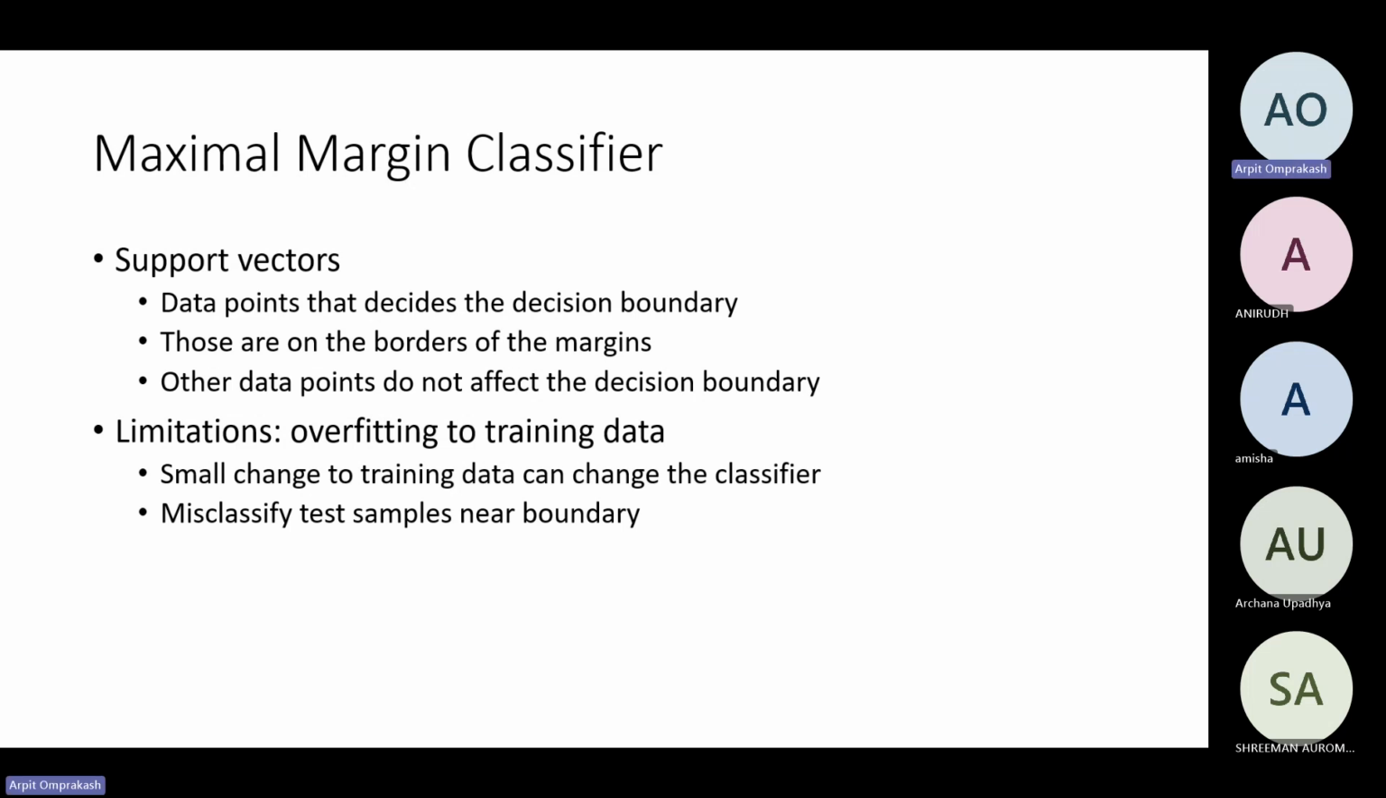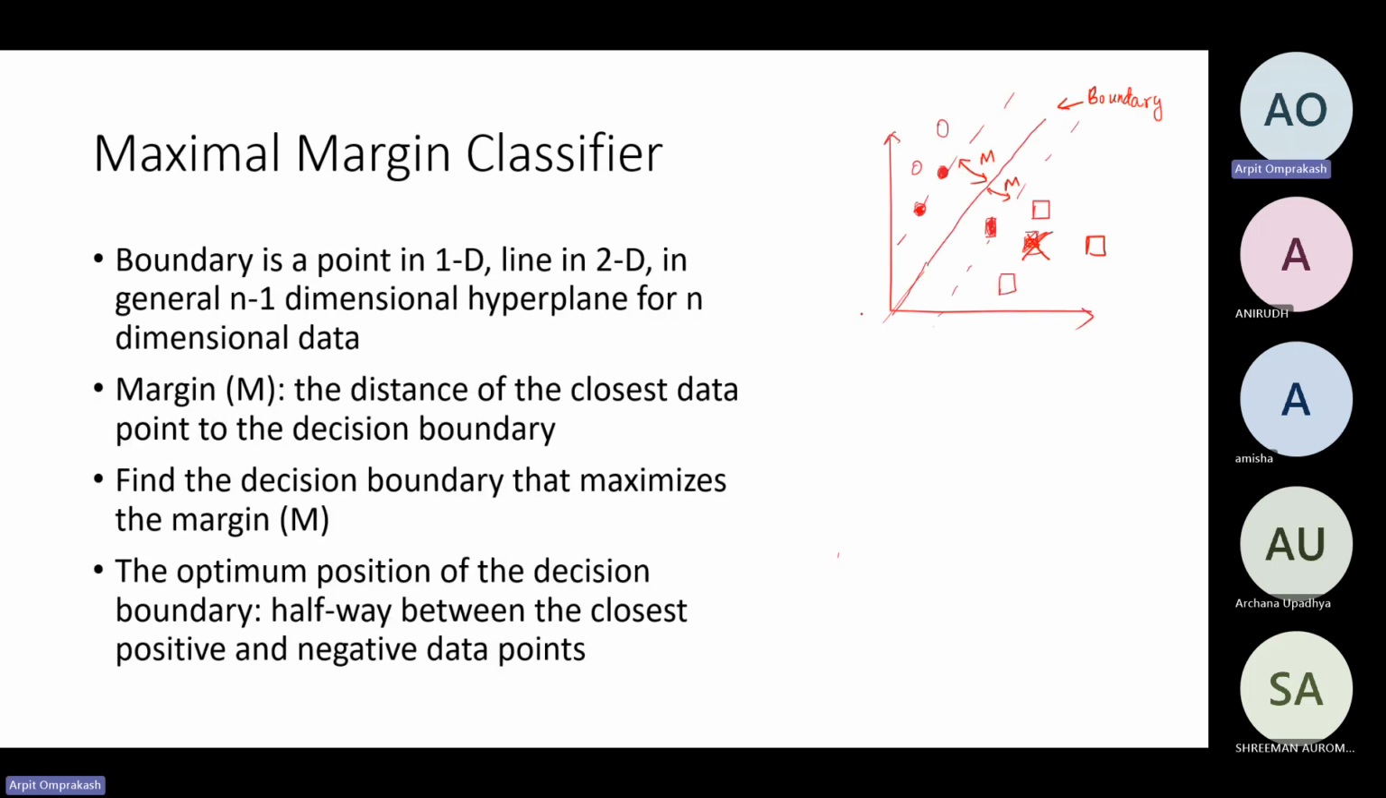However, again, the limitation of this is that it tends to overfit to the data. And if there is a slight change to the training data, it can lead to huge changes in the classifier. For example, if you move most of these data points, nothing will happen. However, if you move this data point slightly nearer, so let's say you move it here or something, then